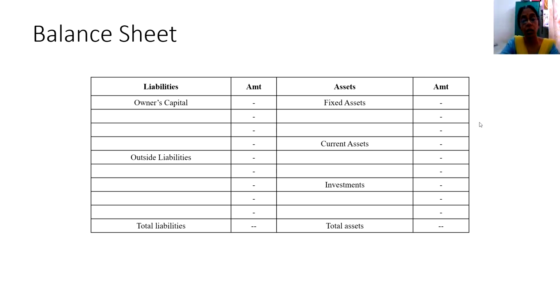You know that they are not meant for immediate sale and they would build up the basic infrastructure of the business unit. Maybe when you visit the college, you find chairs, tables being provided, desks being provided. All these you cannot take home when you go home. At the end of the day, they remain over there.